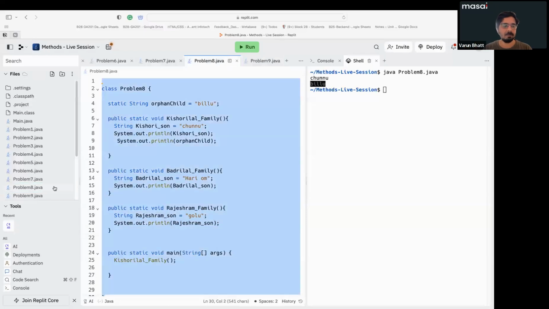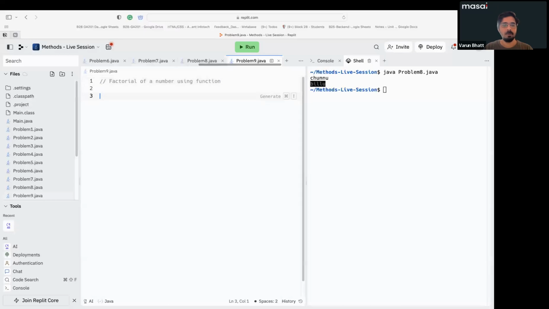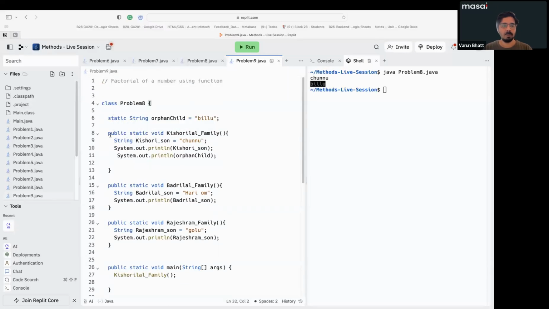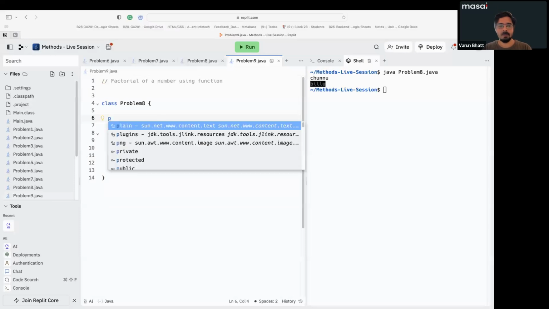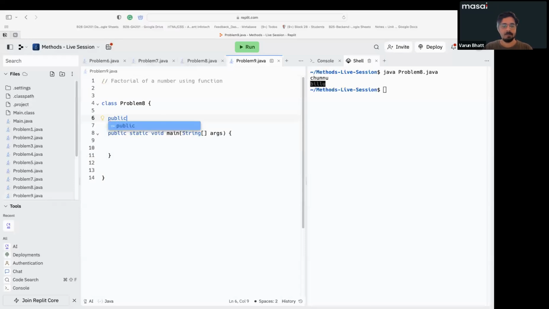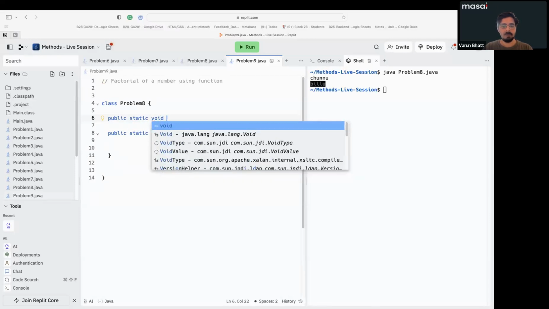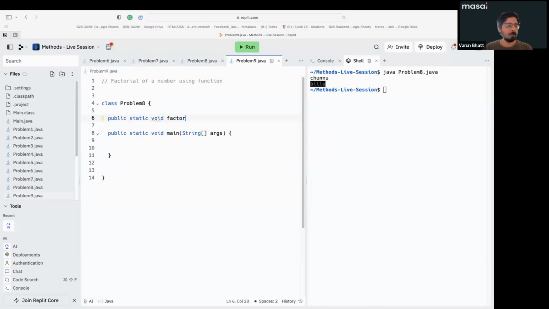For the last 10-15 minutes we will do questions only. I'm just giving you the body, and here I'm writing public static void factorial. It's totally up to you, imagine that I want to return a value of factorial,